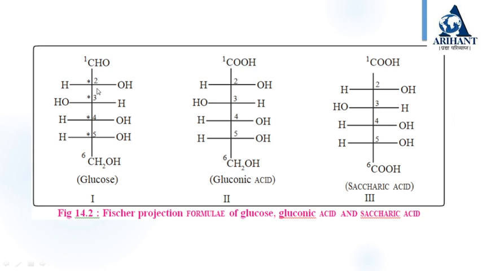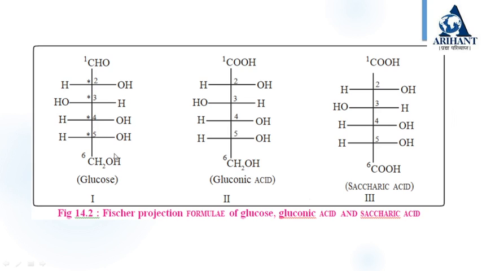So see, this is the structure of glucose. It contains 4 chiral centers, the carbons number 2, 3, 4, 5 respectively. Carbon number 1 is connected to only 3 different groups, therefore it is not a chiral center. Same is the case with carbon number 6. Carbon number 2 has 4 different groups attached. Same for carbon 3, carbon 4, carbon 5. So they all are asymmetric carbons and therefore we consider them as chiral centers.